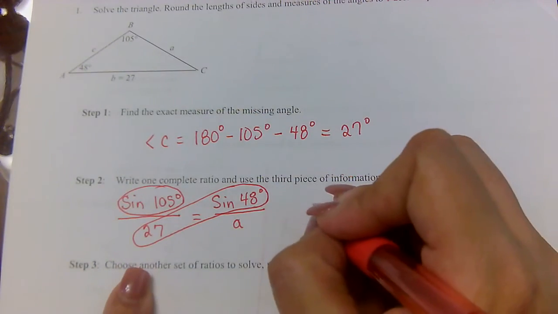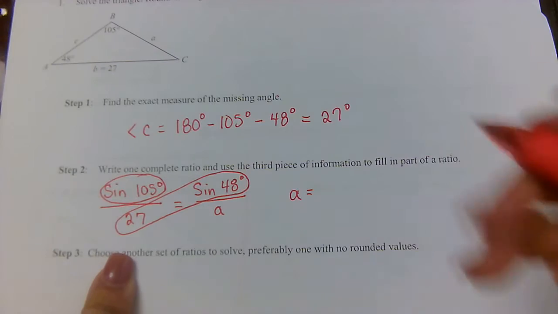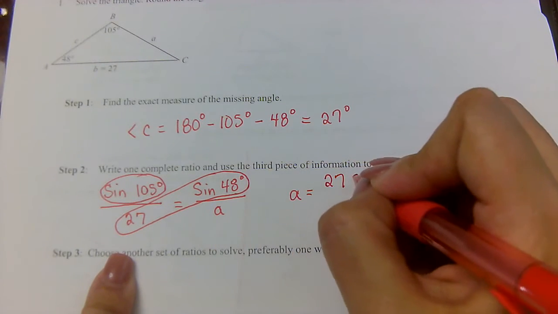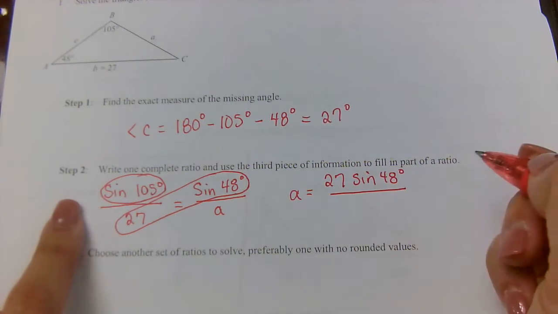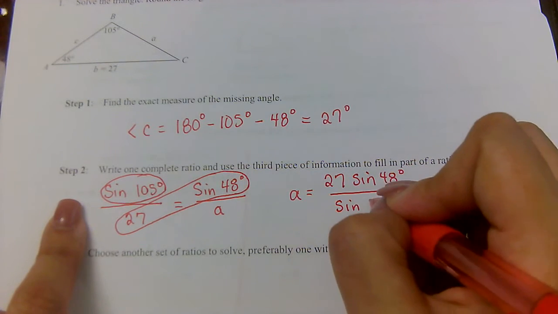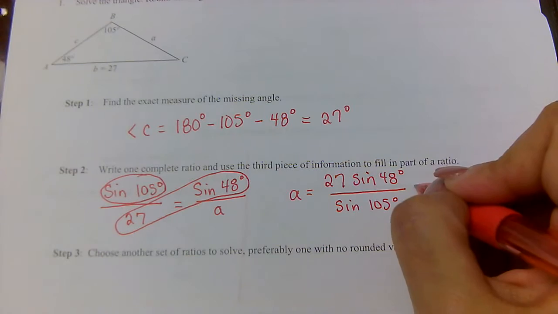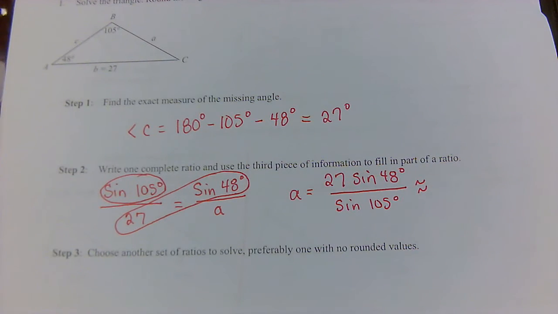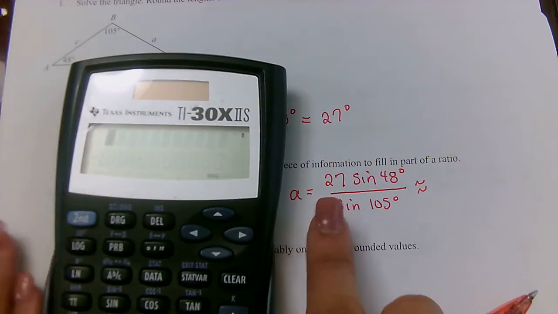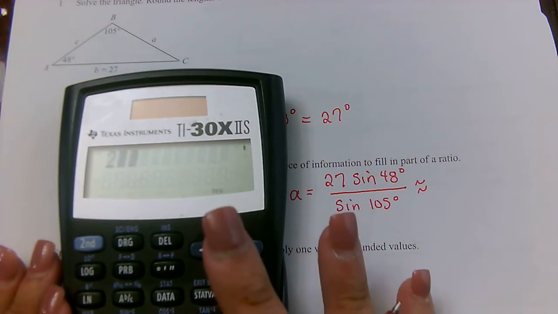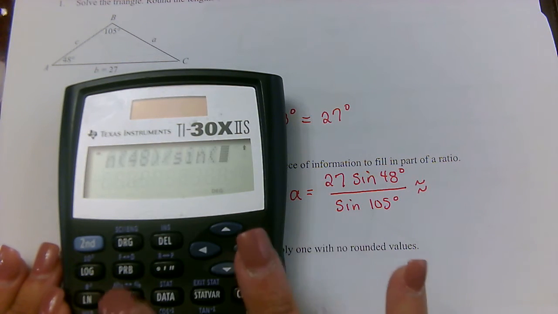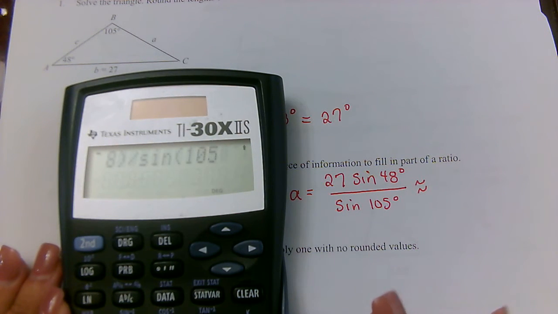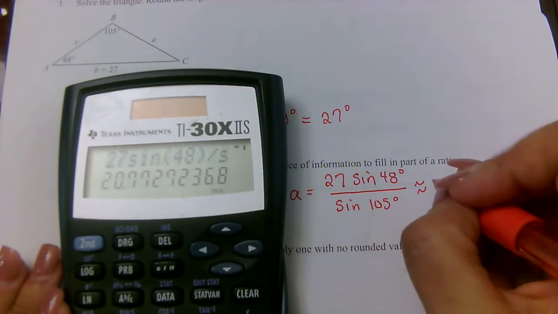So a is equal to 27 sine of 48 degrees, all divided by sine of 105. Make sure your calculator is in degree mode, and then plug it in: 27 sine 48 divided by sine 105. You get approximately